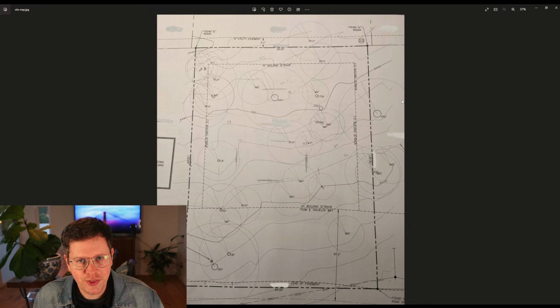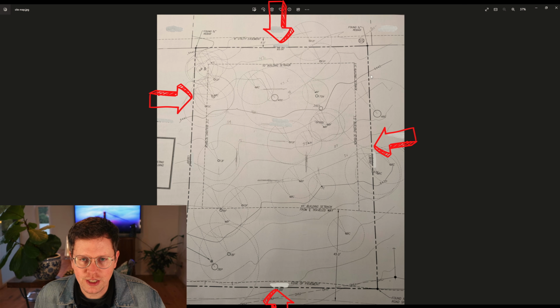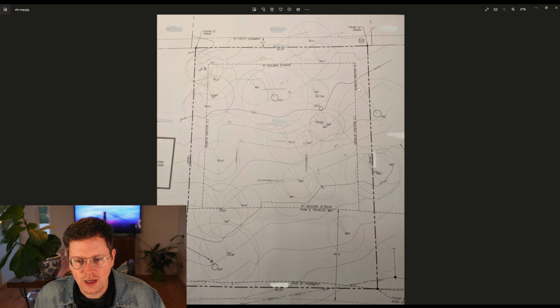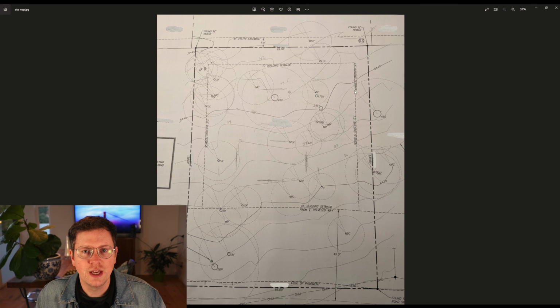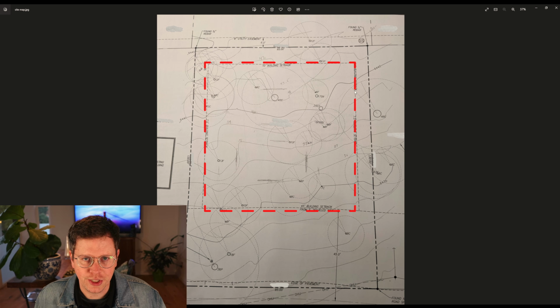So this is actually the land survey for my lot. You can see that these thicker lines here are the property lines, and these thinner dashed lines represent the building setbacks that tell us the area that we're allowed to build within, and these setbacks are determined based on your local building code. But these setbacks aren't the only thing that you need to consider when determining where to place